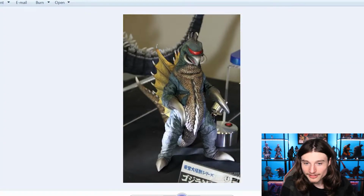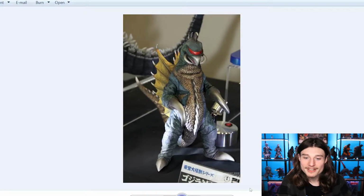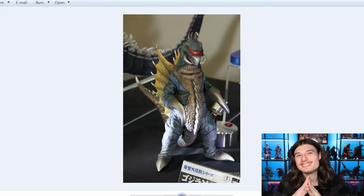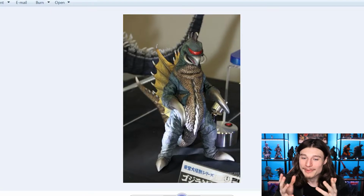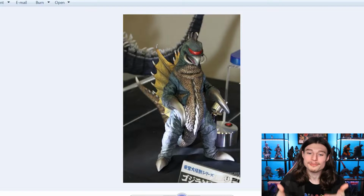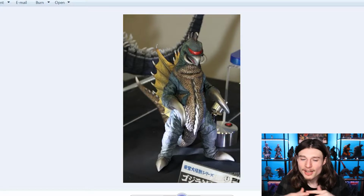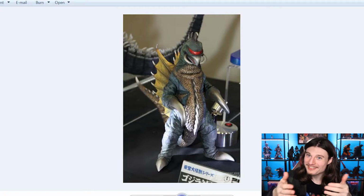That's not the greatest photos. Yeah, I mean, you could see it's definitely a lot darker there. Reminds me of the nighttime issue that they reissued maybe a few years back. They did a reissue of this Gigan in a darker paint scheme, nighttime paint scheme. This looks like a middle ground, maybe more akin to the other Wonderfest exclusive that we got of this guy,